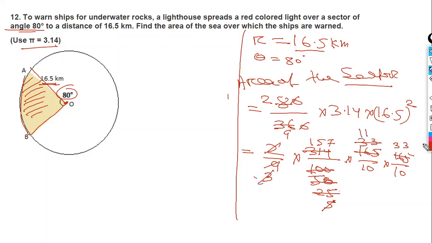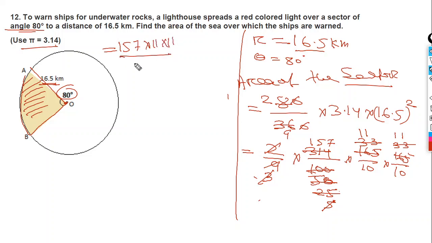Now again 3, 3 1s are 3, so it will be 11. Now what you have, 157 into 11 into 11,